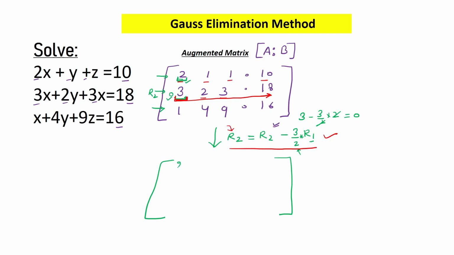So row number 1 will not change. All the elements will remain same. And now row number 2 has to be changed. So here I will write this will be 3 minus 3 by 2 and row 1 element is 2. So I will write 2. Now I will apply the same thing here on 2 and 1. So it will be R2 is 2. Next minus 3 by 2 into what is R1? R1 is this corresponding element. Now next element is 3 and 1. So I will write 3 minus 3 by 2 into 1.